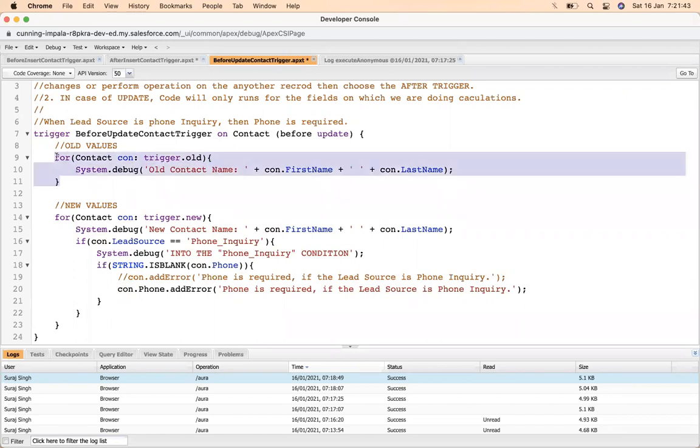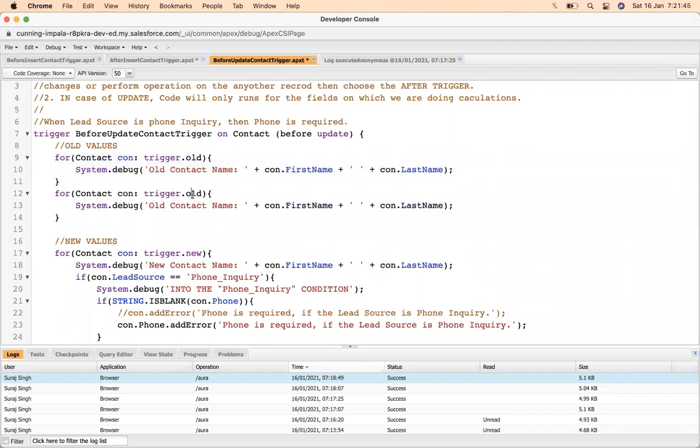So trigger provides trigger.old map. What does it give? It's a map of ID comma contact, and this ID is the contact ID, and the contact has the old contact values.